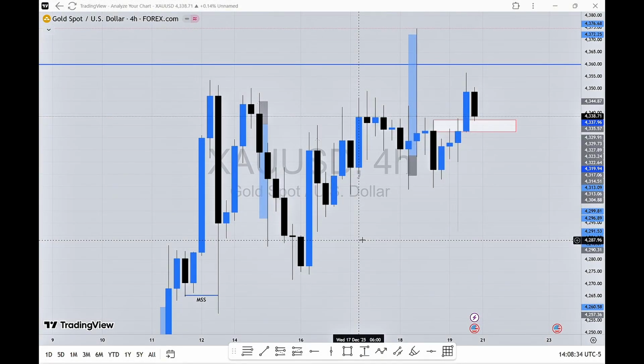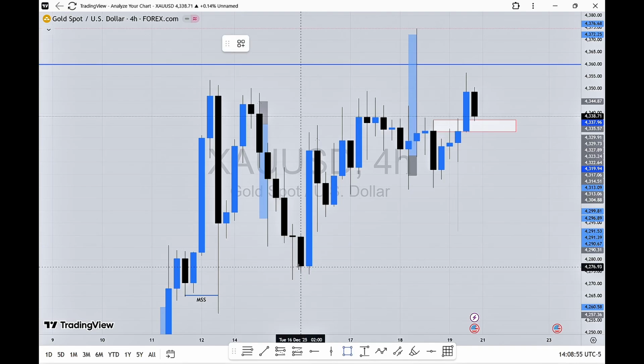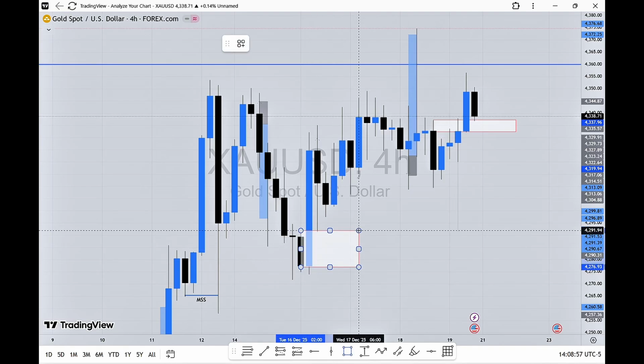So when we head to Wednesday, on Wednesday I had a very clean buy setup, right, which I'm gonna break down right now in a way that you all understand, right? So on Wednesday, what was I looking for? I was looking for buys. And why was I looking for buys? As you can see here, the market was what? The market was